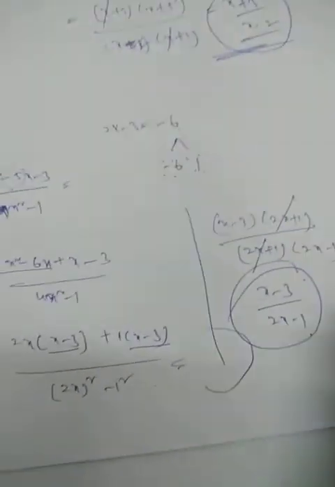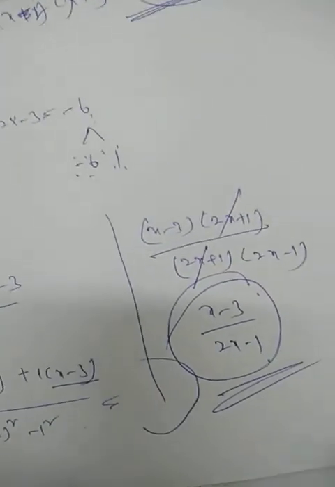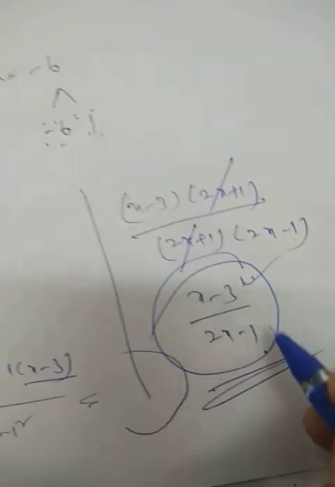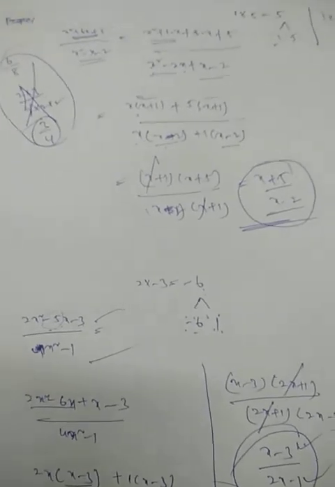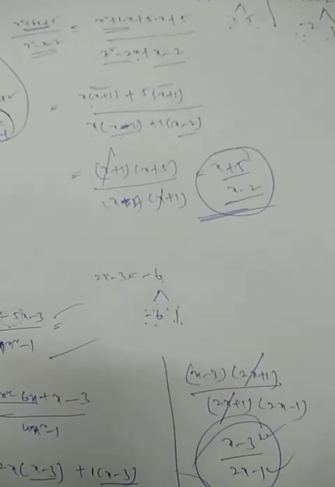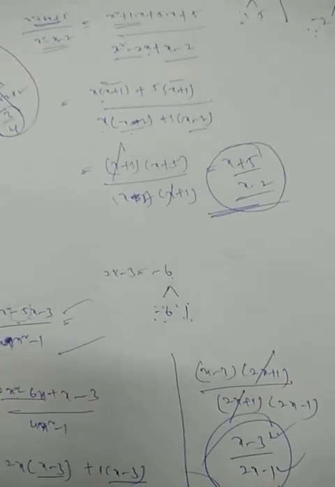Numerator by denominator form. So this is going to be a rational fraction. Why a rational fraction? Both numerator and denominator are polynomials. So everything is a rational fraction only here. What we are discussing is how to simplify rational fractions. Now let us go for types of fractions here. What types of fractions are there? We will discuss it.